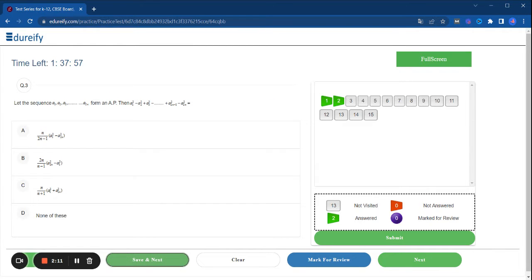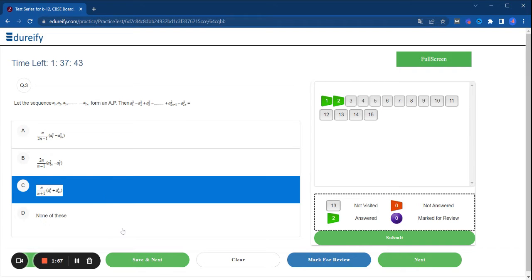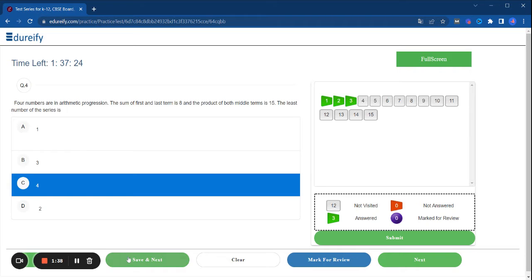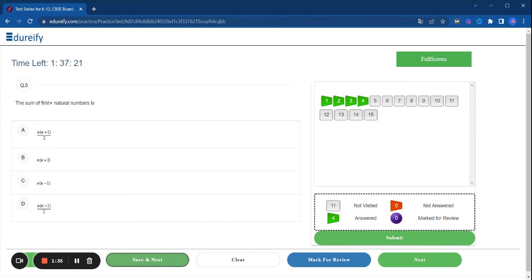let the sequence A1, A2, A3 till AN form an AP, then this. So the correct answer should be, four numbers are in arithmetic progression, the sum of first and last term is 8 and the product of both middle terms is 15. The least number of the series is 1, 3, 4 and 2. The sum of first n natural numbers is,